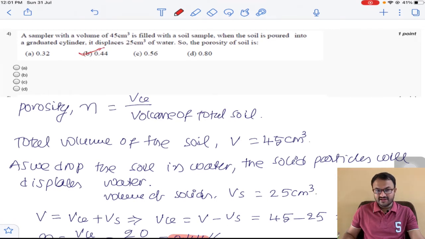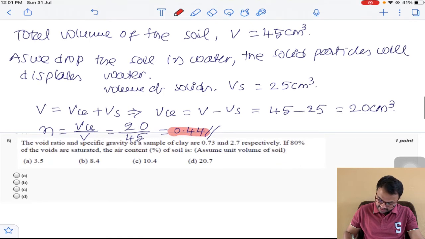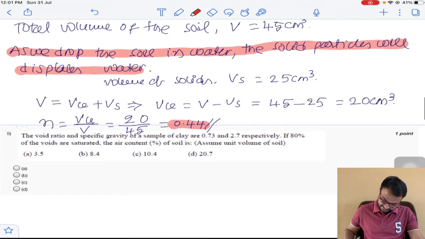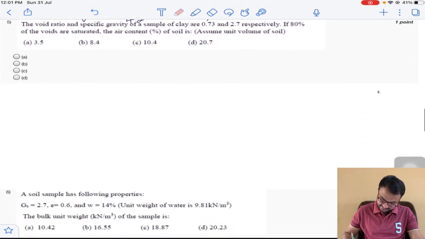Is it clear? So here you need to remember the statement, as we drop the soil in water, the solid particles will displace water. So in that case, whatever volume of water moves from the sampler to the outside, the same amount of volume will become the volume of solid particles. Okay, so this concept you need to remember. Okay, and the next question is